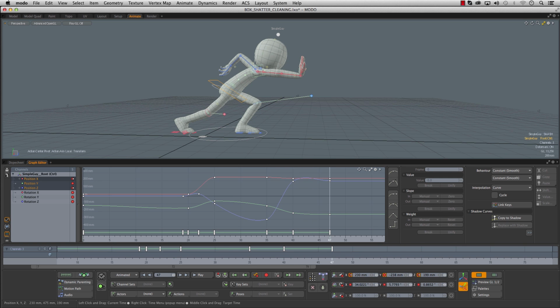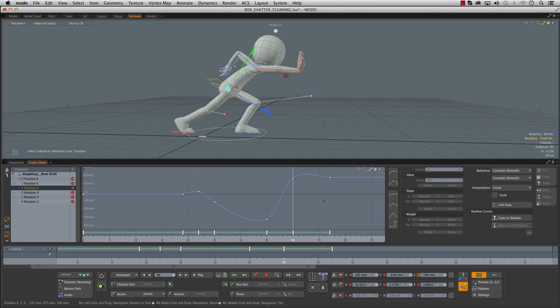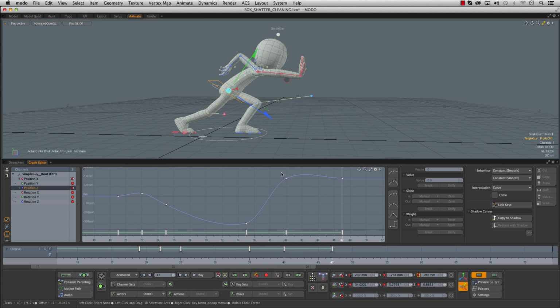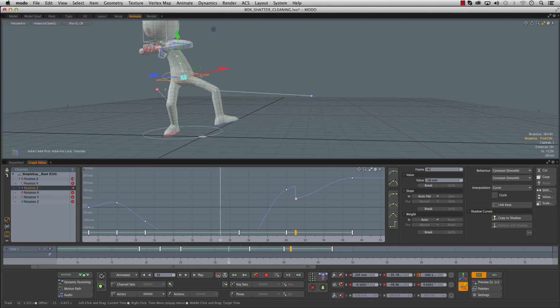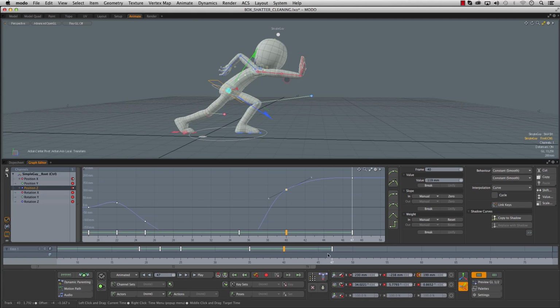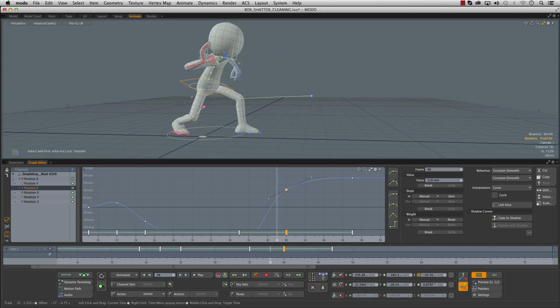So what you can do is, right now, this is a position in Z that's causing this big back and forth here. You can see how he goes forward, and then he comes back. Now we don't want that. We want him to hit. So if you middle click and drag this down, you see he'll still be moving forward. He'll hit his pose and then settle into it. Whoop, hey now, get rid of that. He'll hit his pose and then kind of settle there. So now you don't get that seesaw vibe